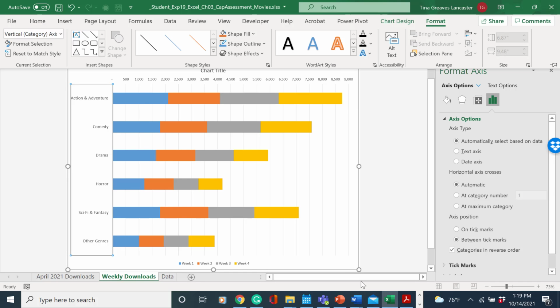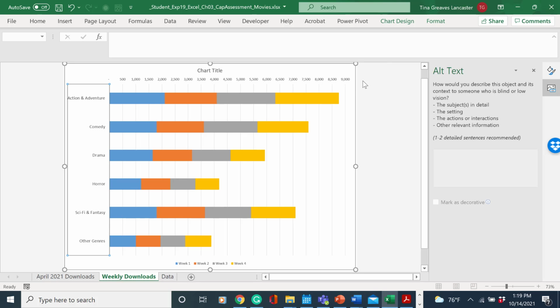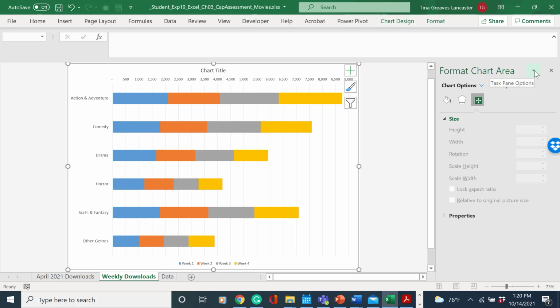Let me check. One last thing I didn't mention in these is the alt text. Alt text is for descriptions of objects that someone may not be able to see on a screen reader, for example. So you copy and paste in this from your instructions. Giving someone that is visually impaired the alternative text. And that's all we've got for this last chart in chapter